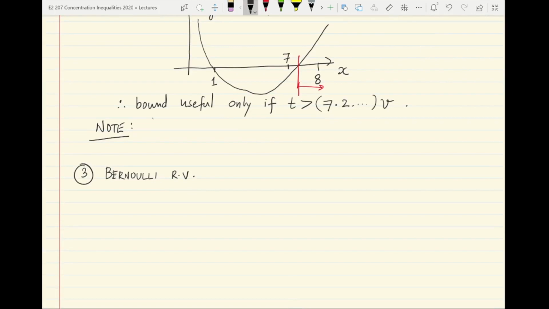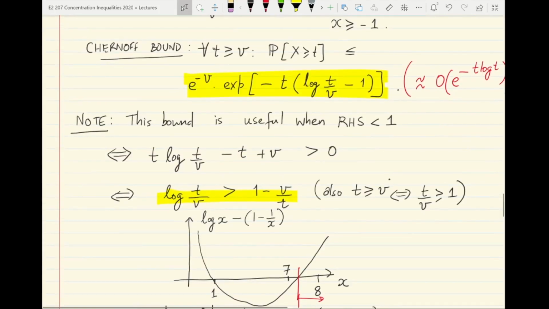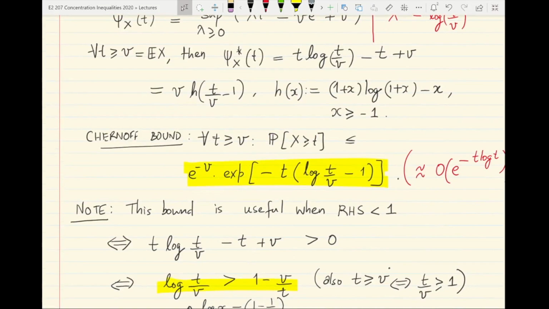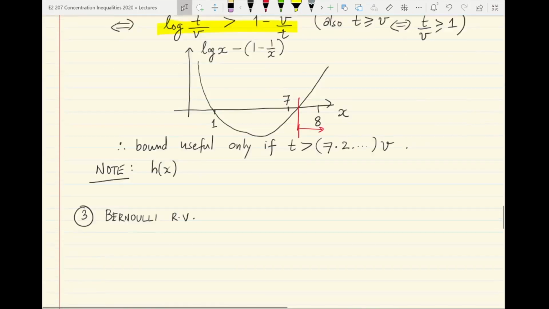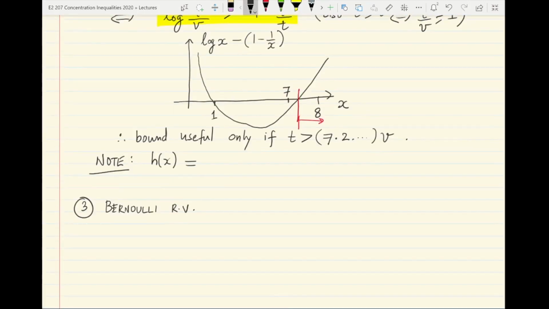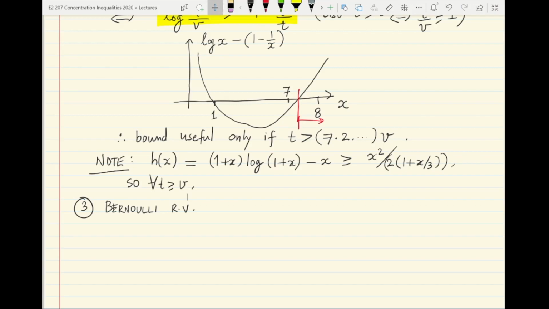We have this function h of x that we wrote to write down the Cx star of t here. It's an easy exercise to show that this function has a nice lower bound given by x squared divided by 2 times 1 plus x by 3, all of this in the denominator. And so this means that for all t greater than or equal to v,